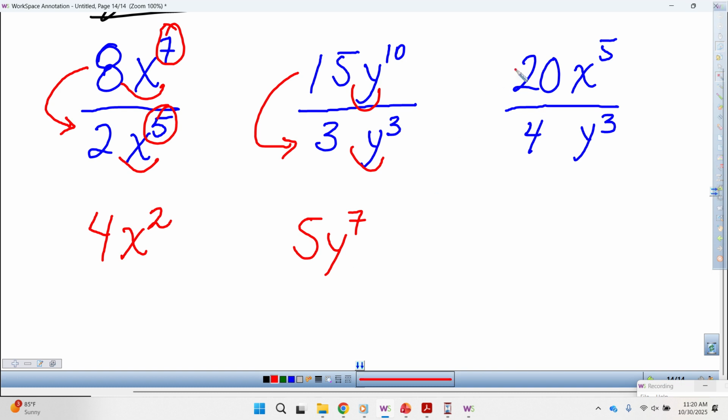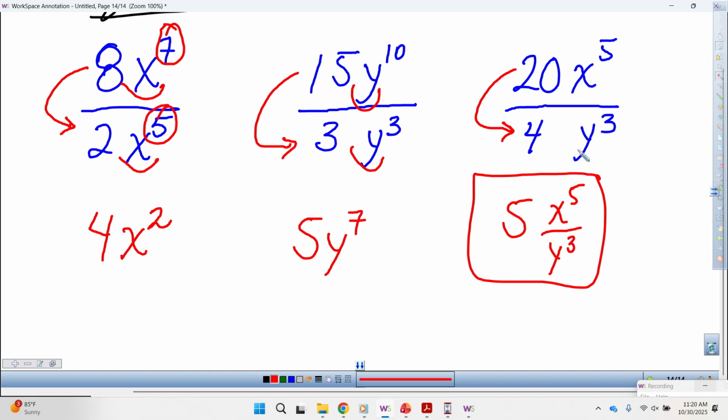What is 20 divided by 4? 5. However, are these the same variables? No, those need to remain the same because we cannot do anything with those. So the only time that we can divide is when they have the same variable. Did that help clarify doubts? Yes? All right, so with that said,